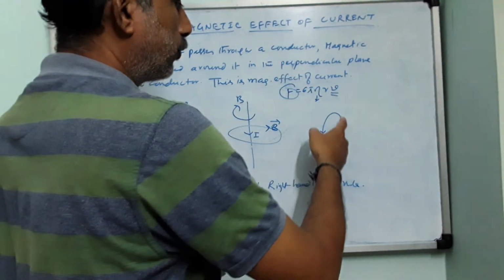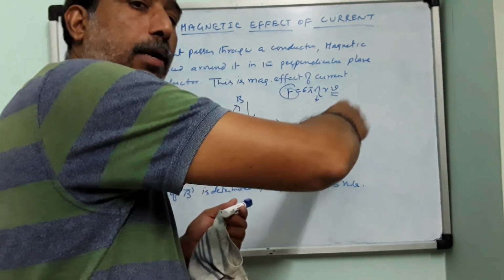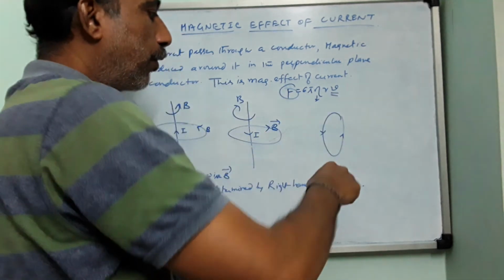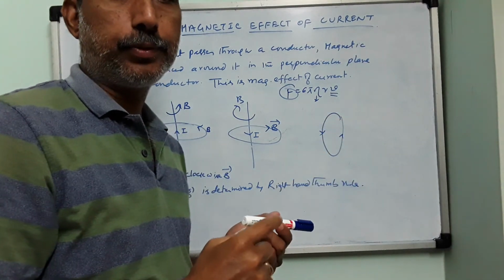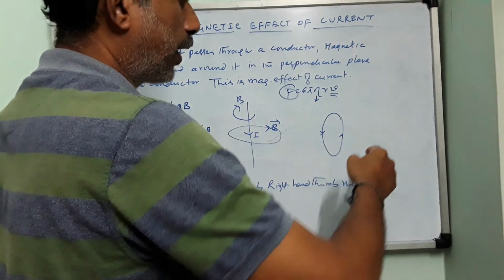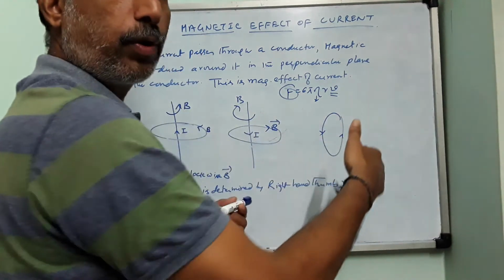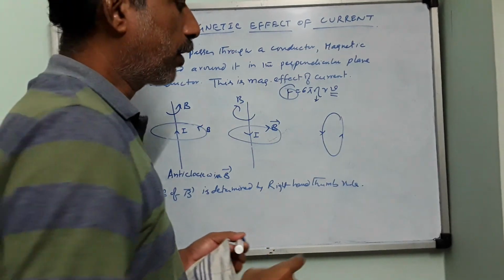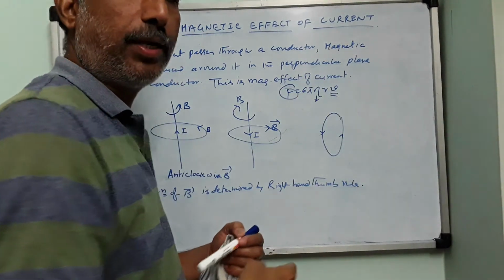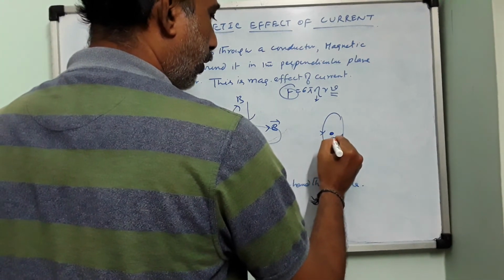So now if current is going in the anti-clockwise direction, this is my sense of rotation, which is anti-clockwise. So therefore, at the center, the magnetic field will be coming normally outwards. If the current is in the clockwise direction, you do like this. Sense of rotation is clockwise. So the screw will go inside, meaning the magnetic field will be into the plane of the board. So for clockwise current, magnetic field is into the plane of the board. For anti-clockwise, this is the direction of magnetic field B.